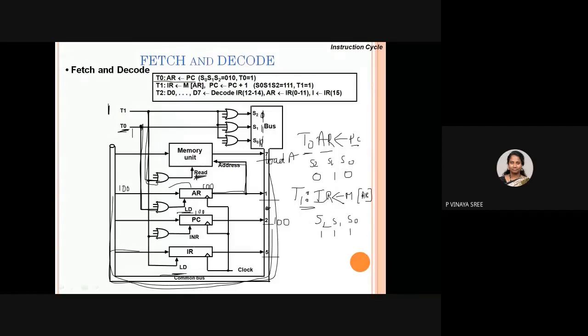So what we are doing is connecting this to T1 so that this will be high, and whatever content is available in the common bus structure can be loaded inside the instruction register, and there should be a common clock for all. So this is your fetch, only fetch. Okay, so this is your fetch timing diagram.